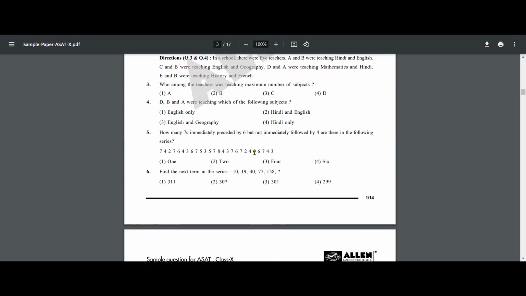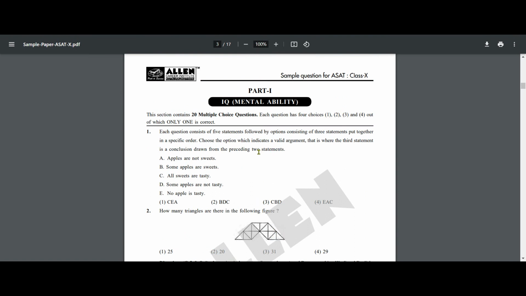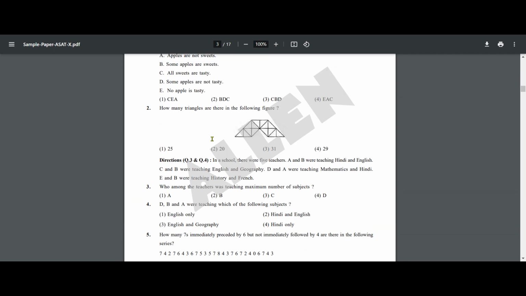Good morning. I found a very good PDF from the ellen.ac.in website of Ellen Coaching. It's one of the biggest coachings in India, based out of Kota. And as a teacher in Ellen, I want to create a quiz out of this PDF because these PDFs are great. But the problem is,